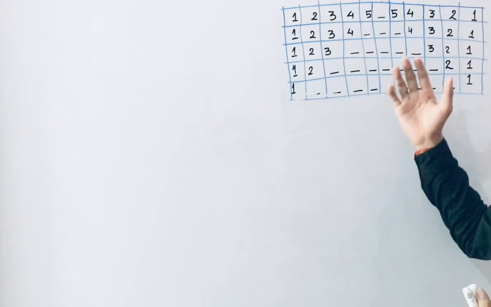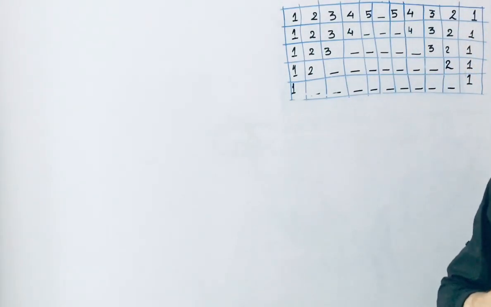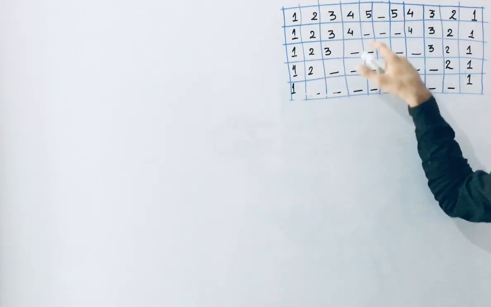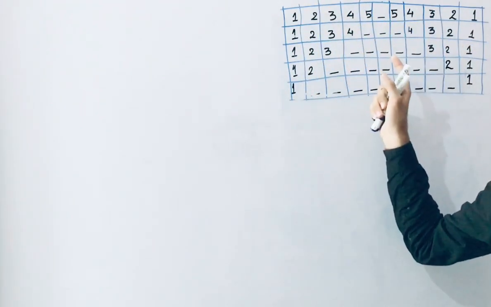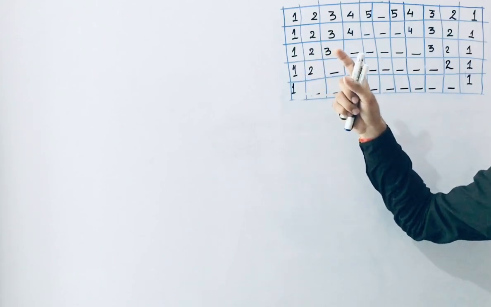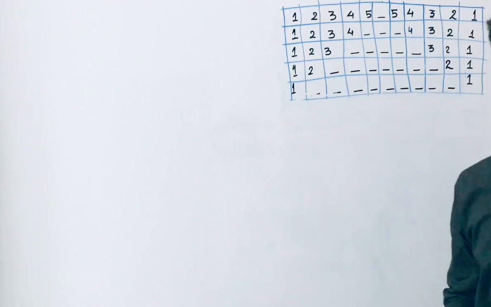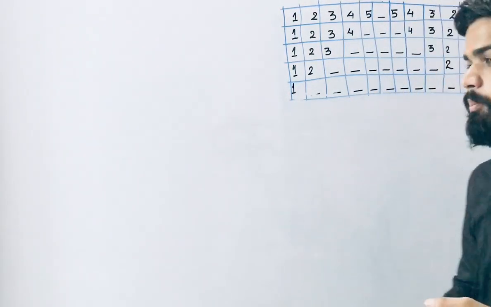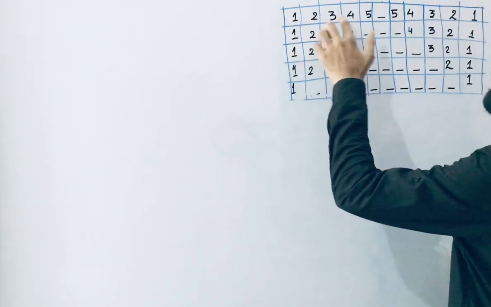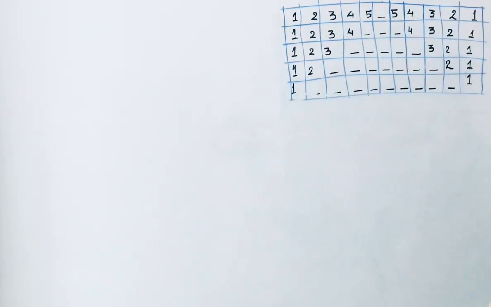In this lecture we are going to print this pattern. Clear? Because in our previous lectures or videos we printed patterns like this one or maybe this one, not a combination of these. We are not printing any pattern where we print number, space and number, because in previous patterns we printed only numbers, or sometimes space and numbers. But now in this pattern we are going to print number, space and then again numbers.